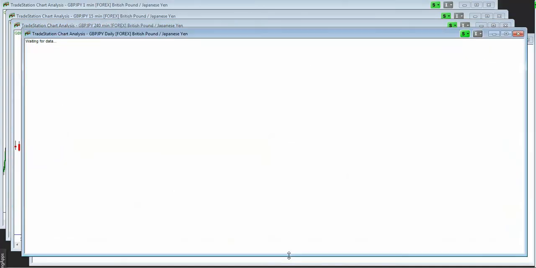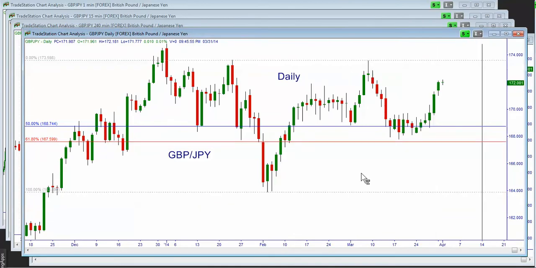Pound versus the Japanese yen, similar situation. All the Japanese majors are in the same situation. As we can see here, this market also traded the old halfway back with an area of support starting at 168.74 and a stop below